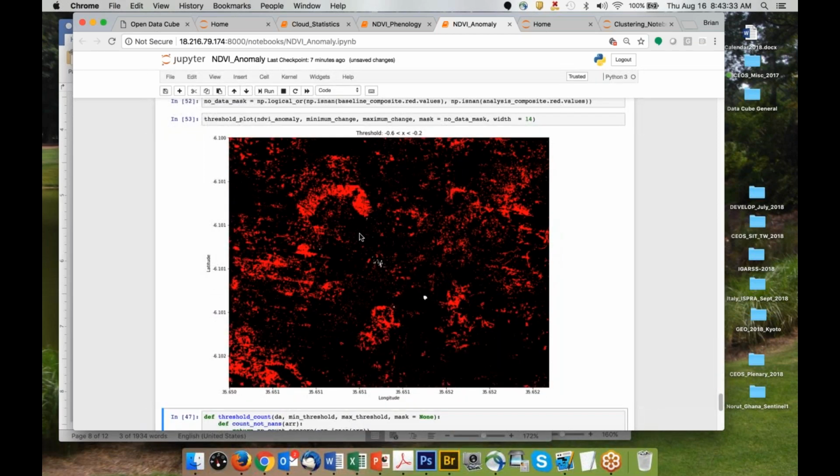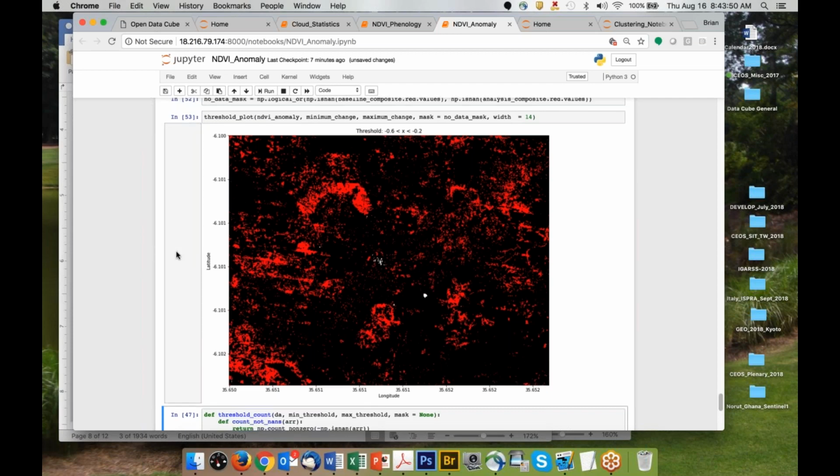The center of the city is here. This area here had a significant loss in vegetation. Same with this area and this area. These are likely areas of land degradation. Now, you do have some spots here that are bits and pieces, but if I count up the number of red pixels, it says in that area,